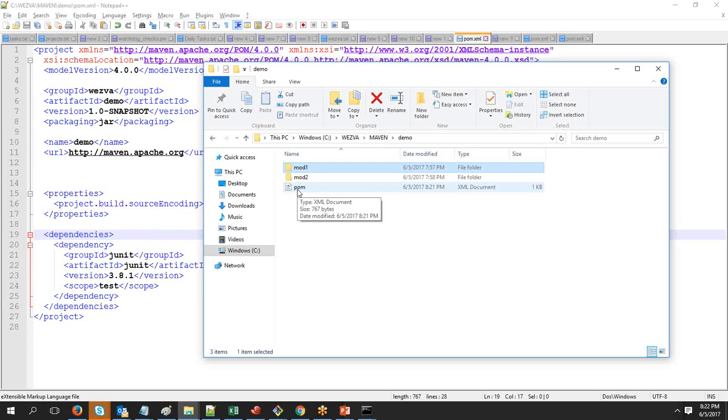In that way, this pom is related to the src folder and its contents. But now if you see, for this pom there is no src,